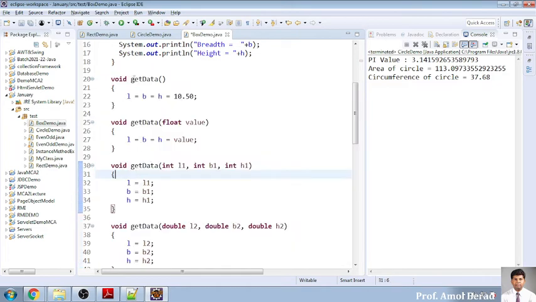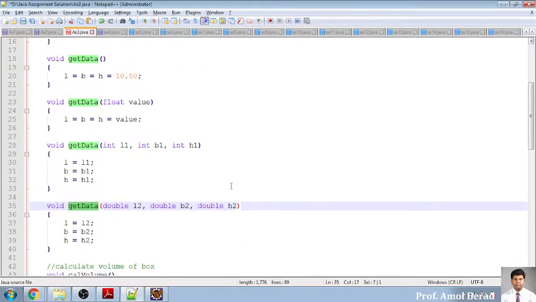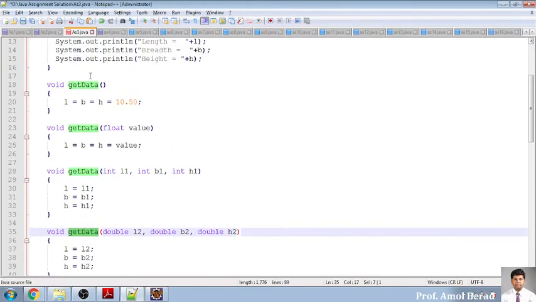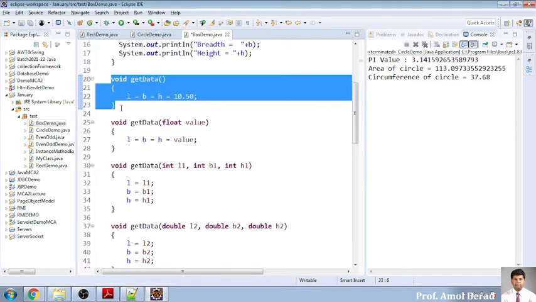Are you clear? The name is the same, the name is the same. If I click over here, you will see all the function names are the same, but their parameters are different. This is without parameter, this is with parameter float, this is with three parameters, and this is with three parameters, but the three parameters are again different. Integer, integer, integer. Okay, if I make this mistake in my program, if I write the same code one more time,